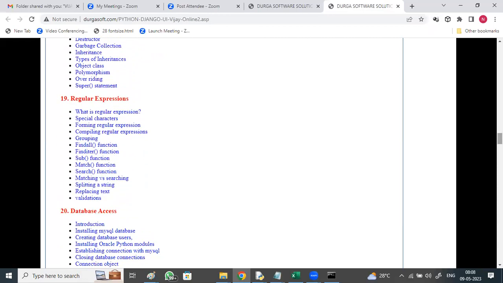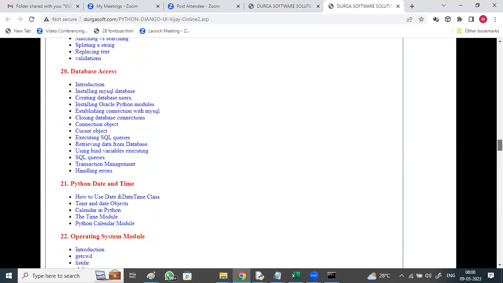I'll be discussing different modules related to different environments. Some modules related to OS, some related to databases, some related to graphics, some related to data science, some related to big data. All this I'll be covering, right? You can get knowledge on these modules and great command on this Python course, right? Yes. Regular expressions, extracting required data, database connectivity.